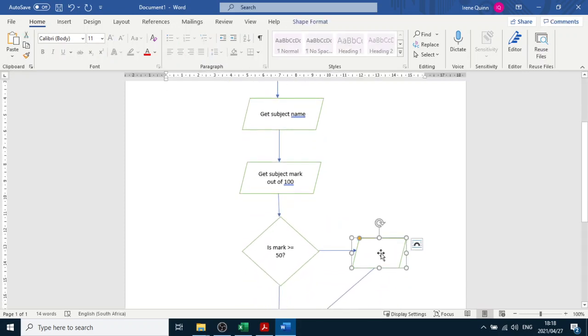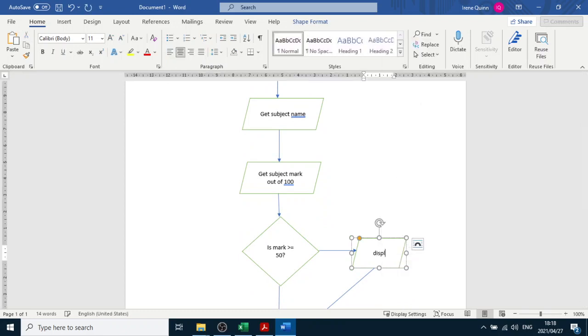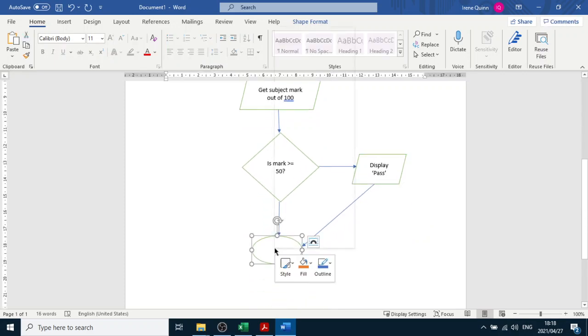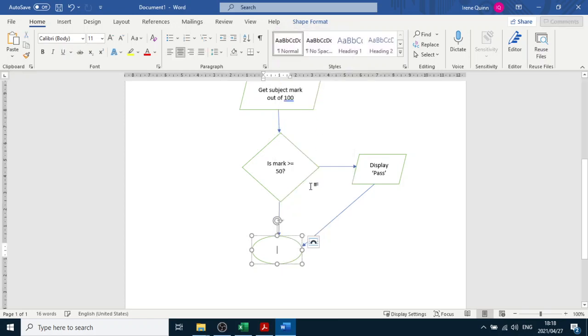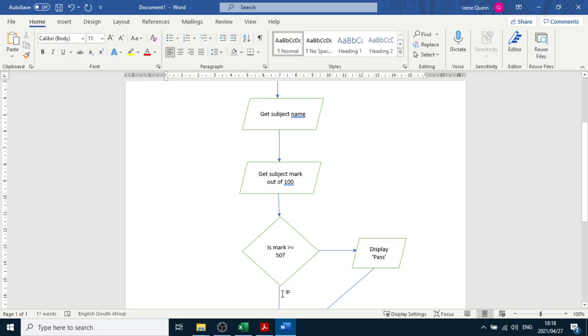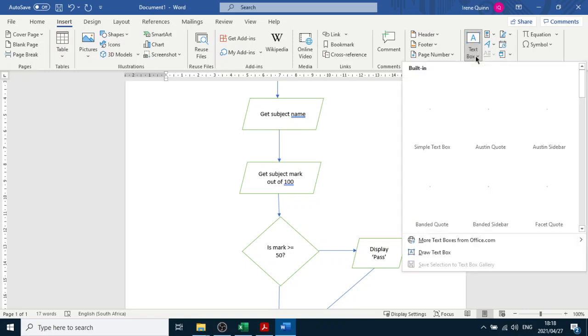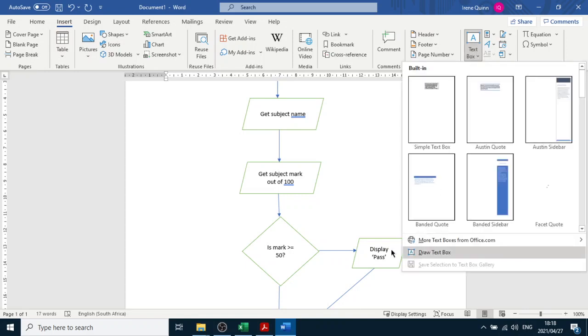And yes, if it is, then we're going to display pass. Display pass. And then this is going to be an end of the flow chart. Now we need to put some yes and no boxes over here, so we're going to put a text box. I'm just going to get one of these over here, text box, and draw text box,